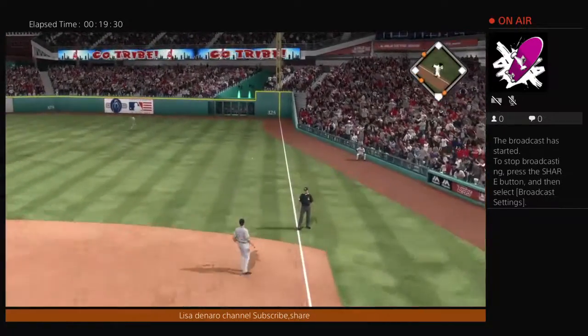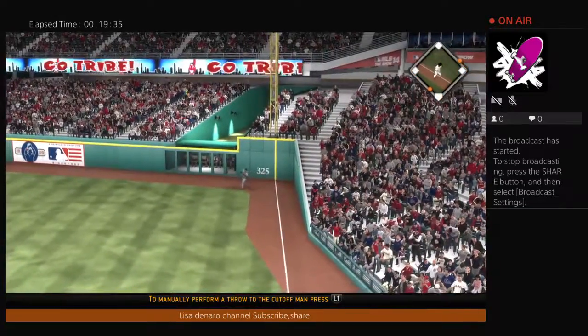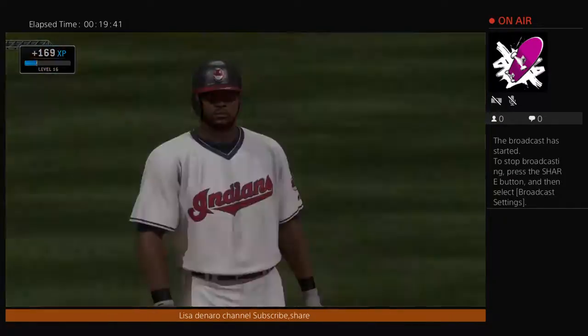Now a ball hit hard toward first. And Teixeira won't get a glove on it. It's a fair ball. 1 run is in. Throw comes to second. The tag, and they'll get him at second. And with that, the side is...